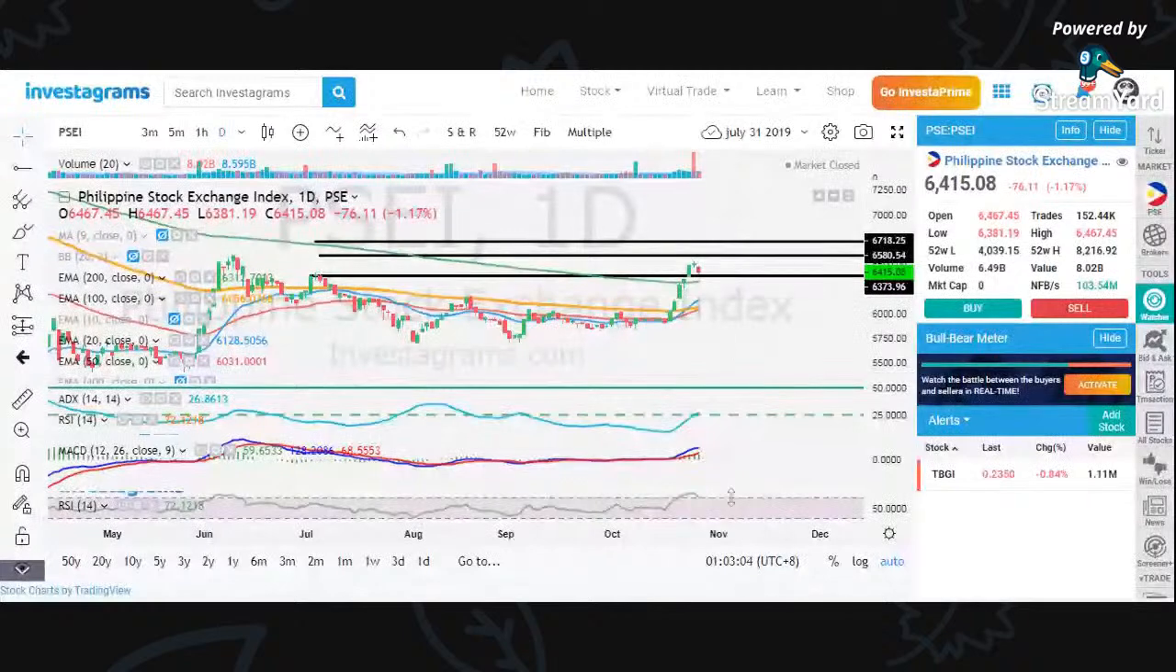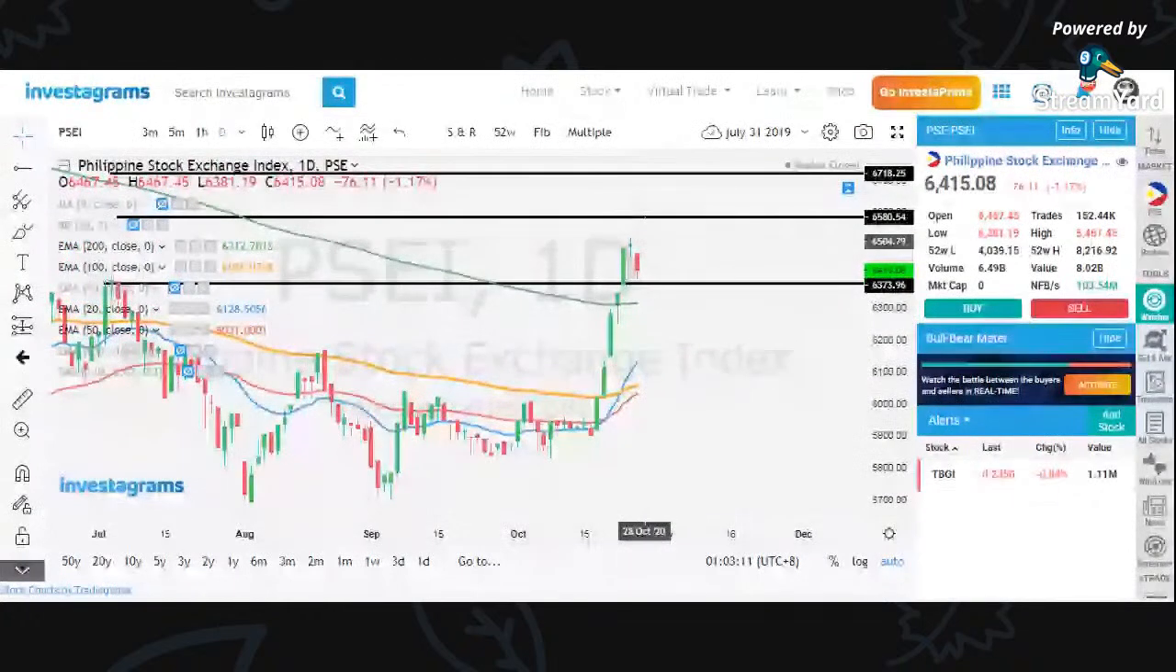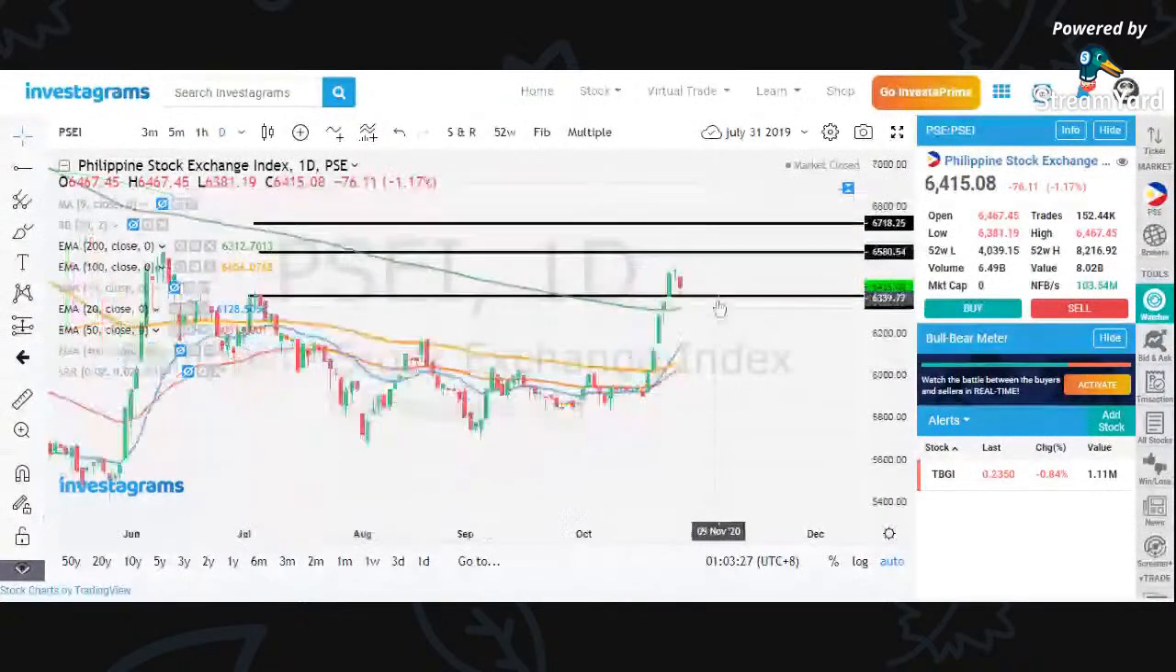So what we will do now for PCI, we need to monitor if PCI will bounce on this horizontal line below. Let's see if PCI bounces there. If it bounces, we will check if the RSI is no longer in overbought condition, the ADX is above 25, and the MACD is above the signal line. So there is momentum and